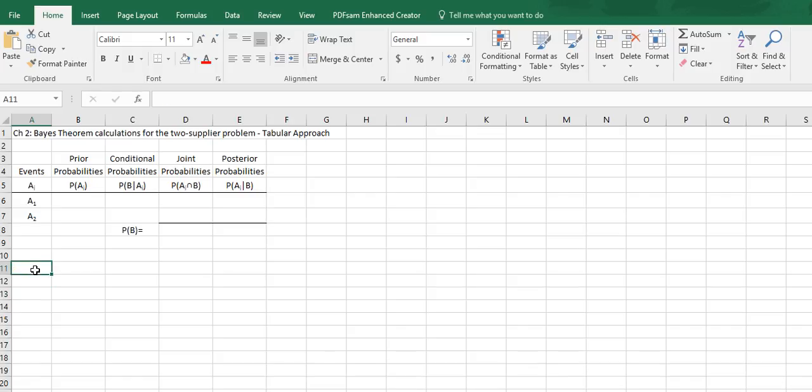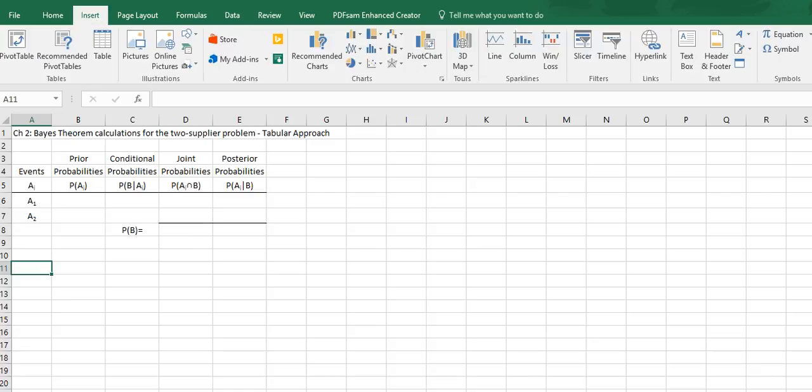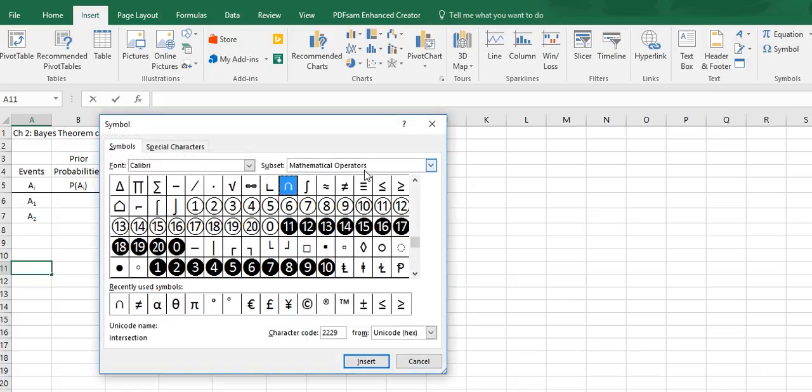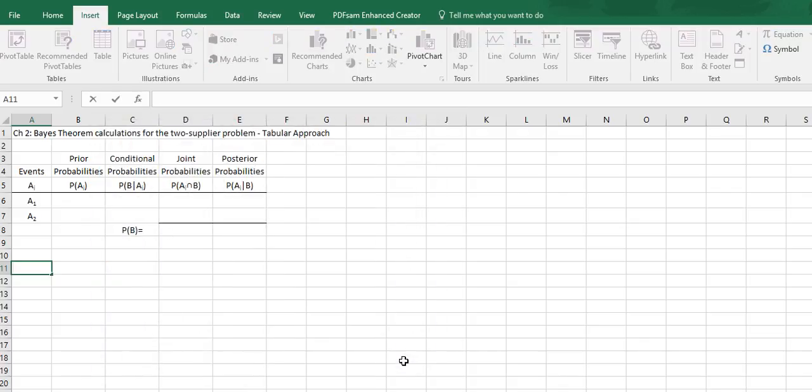And again, if you need to find this intersection symbol, you find that under Insert, go over to Symbol, then make sure you're in the Mathematical Operators drop-down menu, and click on Intersection and Insert, and it'll put that in there for you. So now, posterior probabilities come up when we are mid-cycle and we've come across a part that's